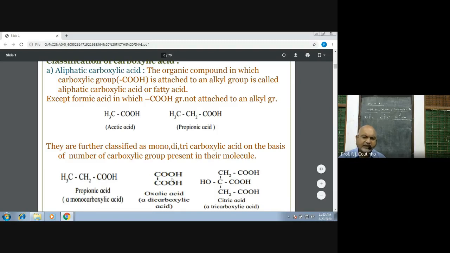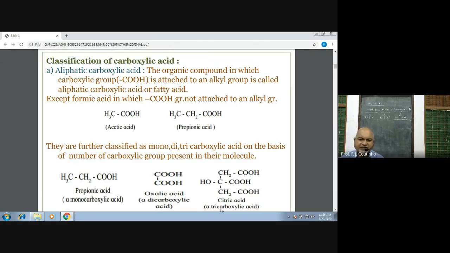We call it oxalic acid. This we call propionic acid. Now alpha tricarboxylic acid, alpha. If you look at this, this is a major carbon atom because a hydroxyl group is there. So it is an acid because there are three. With regard to this, this is also alpha. With regard to this, this is also alpha. So these are two alpha carbons. So alpha tricarboxylic acid.